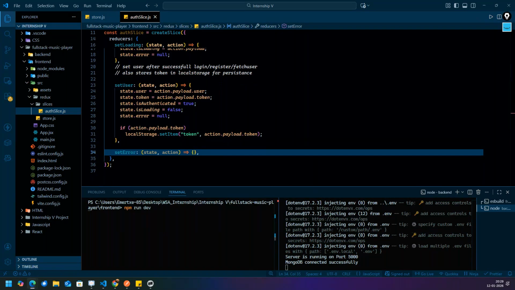When will the setError come? Okay. When you are not getting the correct response, when you are getting an error response, correct, then only this error should run.